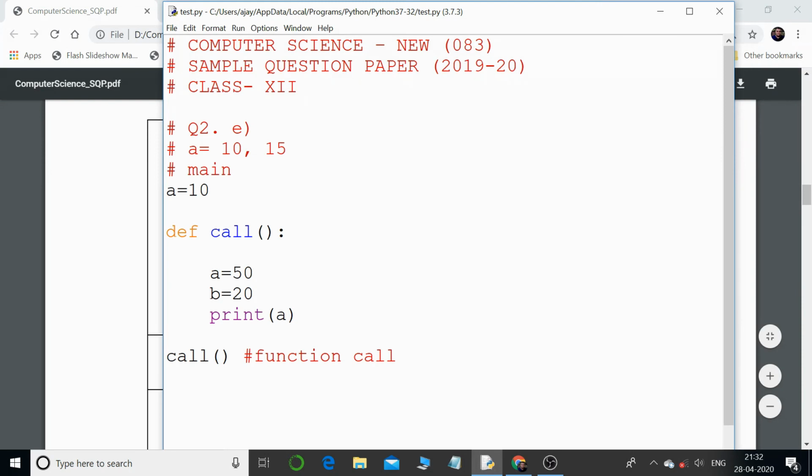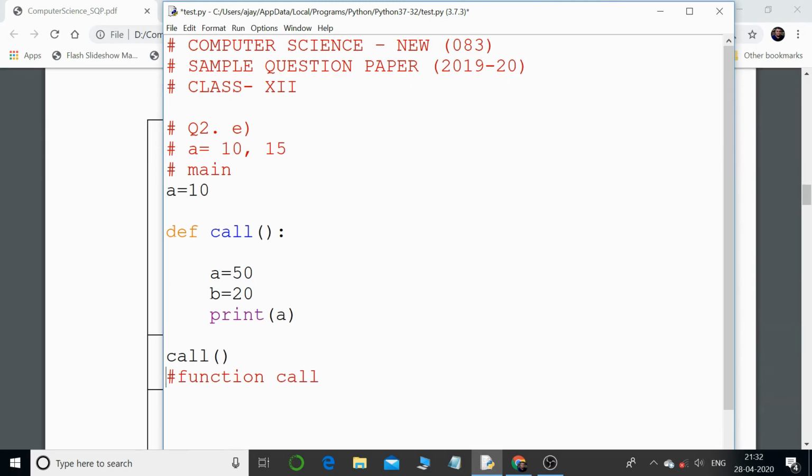Understand it? Now for example, after the call to the function, I give one more print statement for a. Now there are two print statements, one inside the function and another outside the function. Over here obviously it is going to print 50 because this a is local to this function, but once it comes out of this function and returns to this particular statement, what exactly will it print?